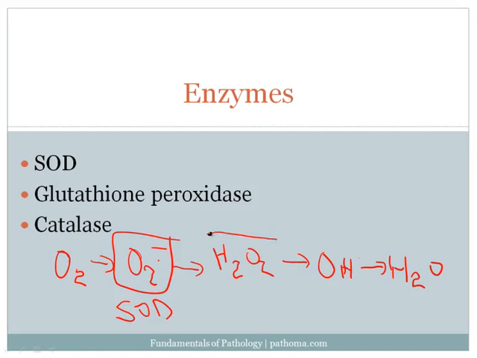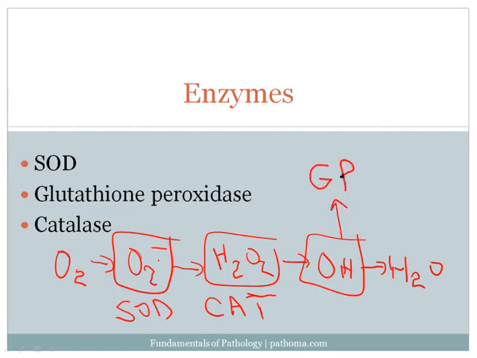Hydrogen peroxide is handled by catalase. And then hydroxyl free radical, one of the major mechanisms by which it is removed is glutathione peroxidase. Glutathione peroxidase is an enzyme that takes the assistance of glutathione, which is an antioxidant,